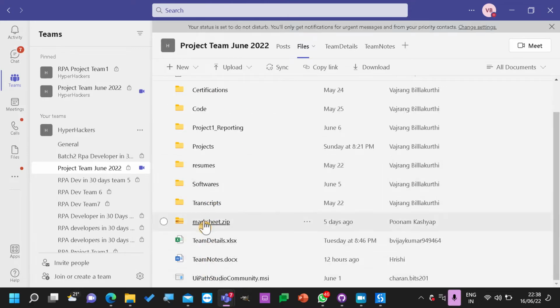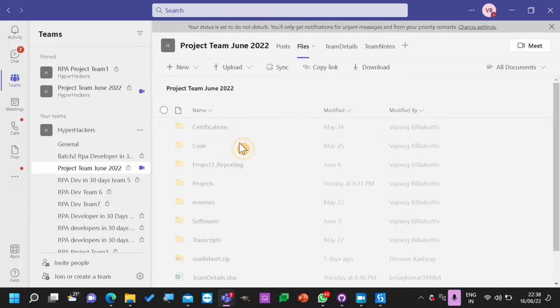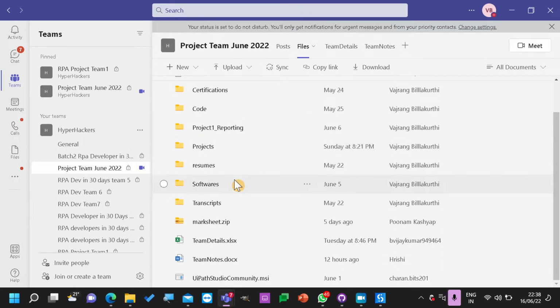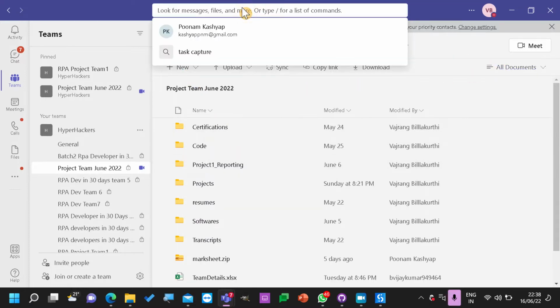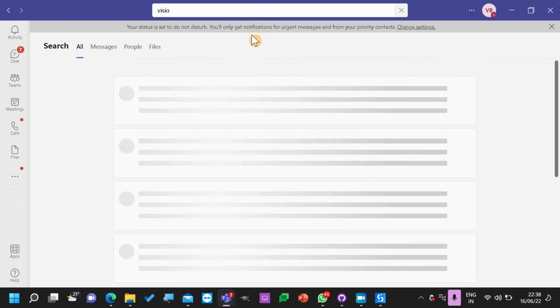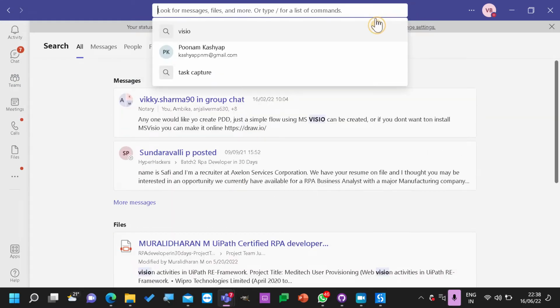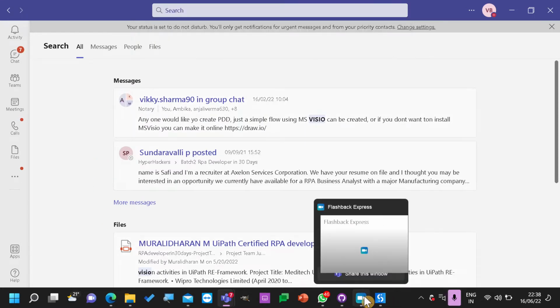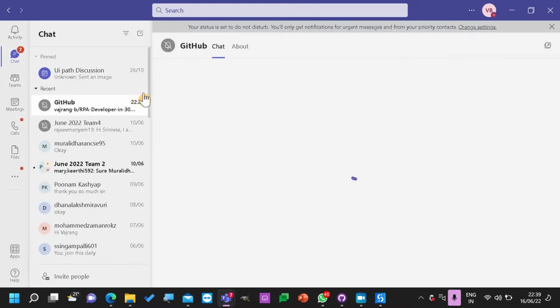We created a visual diagram, right? Where is it? Visio. Okay, I think that's not there. We have not created the visual diagram for the week 2 projects. We created only week 1. Not sure, but yeah, let's continue.